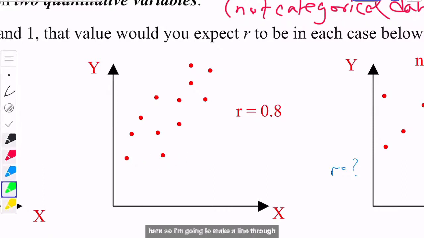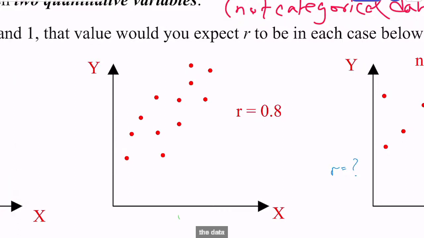So I'm going to make a line through the data. Okay, so that's like the mean of the X's. And then looking in this direction,